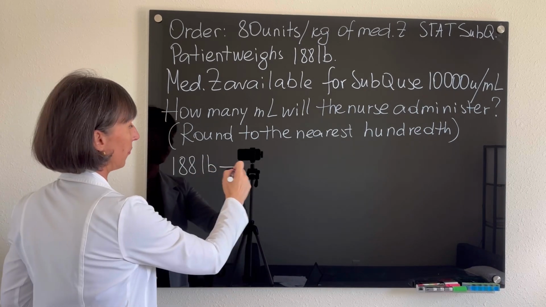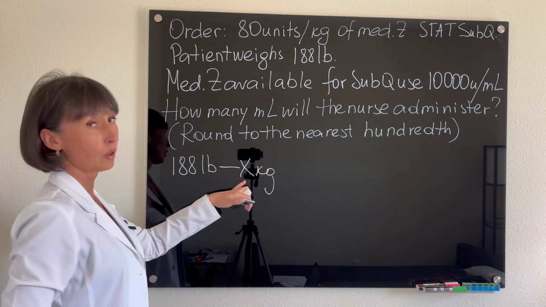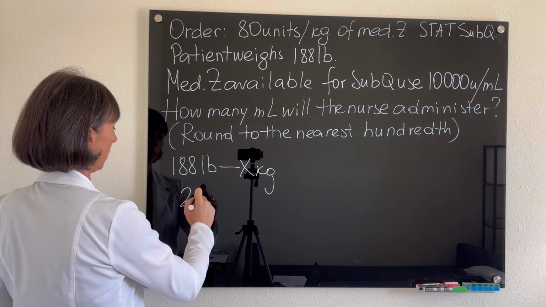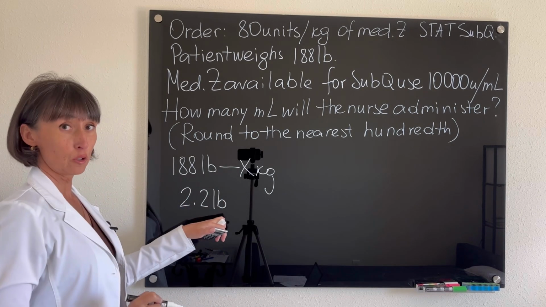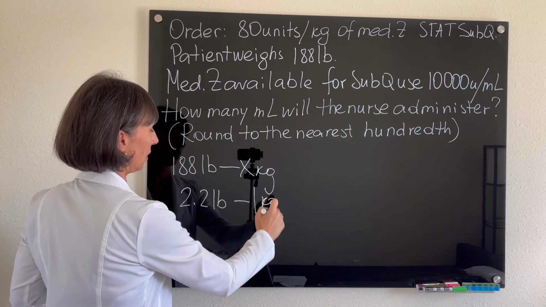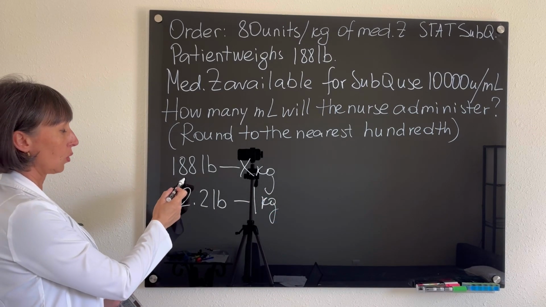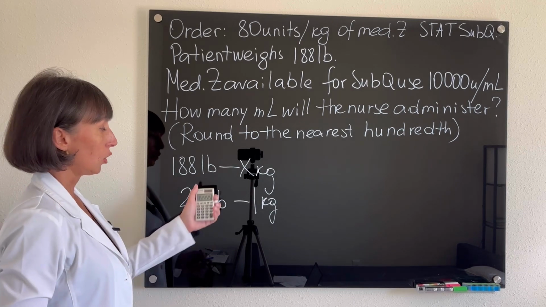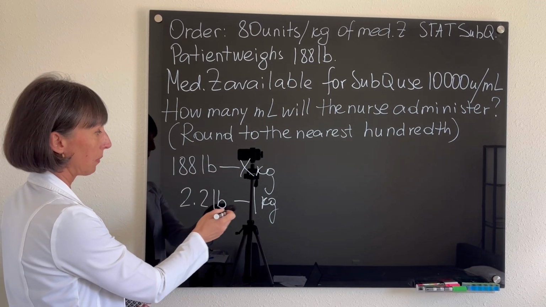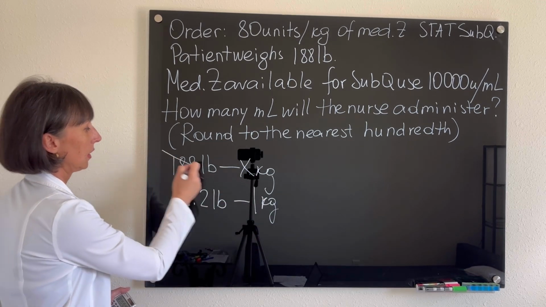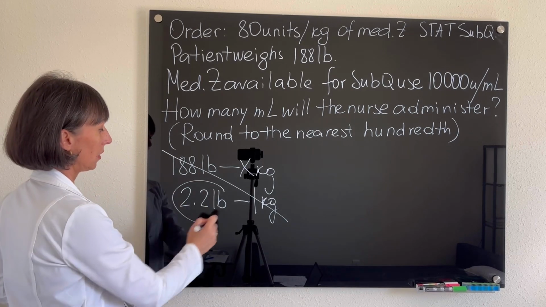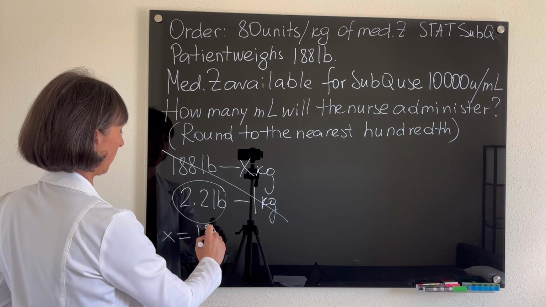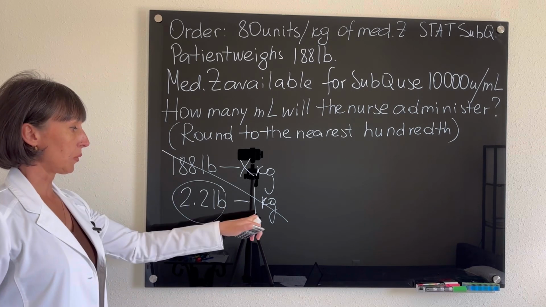188 pounds. I don't know how many kilograms that is, but I know that 2.2 pounds, that's 1 kilogram. So 188 pounds is X kilograms, 2.2 pounds is 1 kilogram. Using my DKP method, I set up pounds under pounds, kilograms under kilograms. I'm going to multiply on diagonal, divide by the third number. 188 times 1